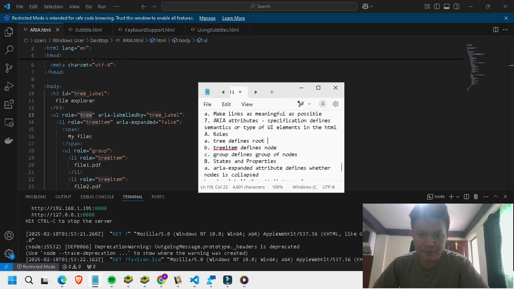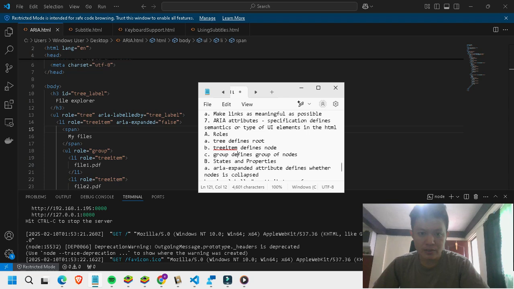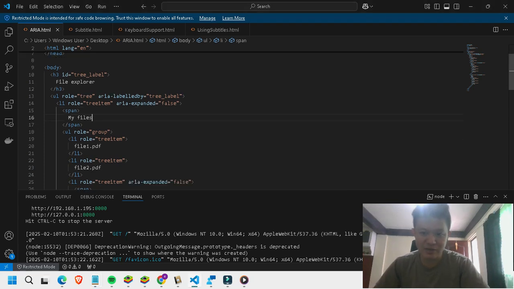Tree item defines the node. So this list, remember in the previous video, the list attribute, you can define that via role as a tree item to define it as a node. And group defines a group of nodes. So that's the basics of ARIA.